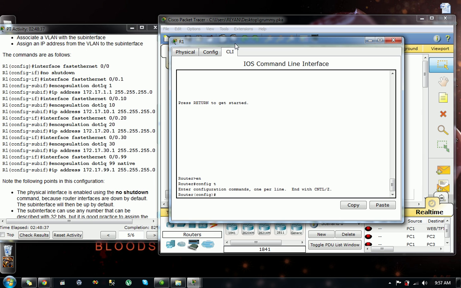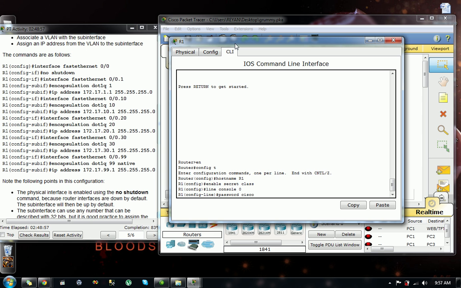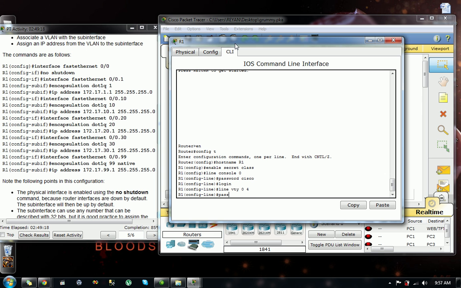Then the host name is R1. Enable secret class. Then line console 0. And then the password is Cisco. Login. Then line VTY 0 4. And password is Cisco. Login, then exit,